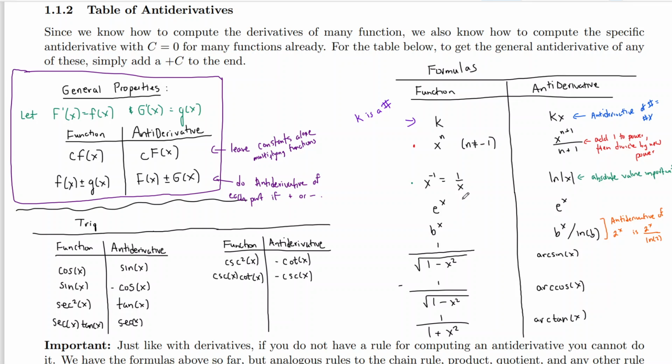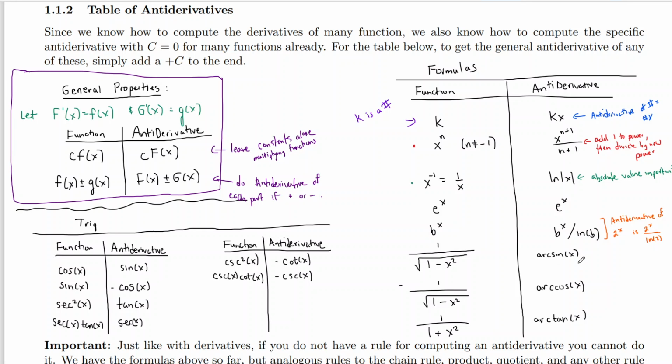And the last three I have here are the inverse trig functions. Now keep in mind that you have the hyperbolic functions as well, so you can look at any formula that we had for derivatives, but these are the main ones. All right, now for inverse trig functions, the derivative of arc sine was 1 over the square root of 1 minus x squared. So the antiderivative of 1 over the square root of 1 minus x squared is arc sine